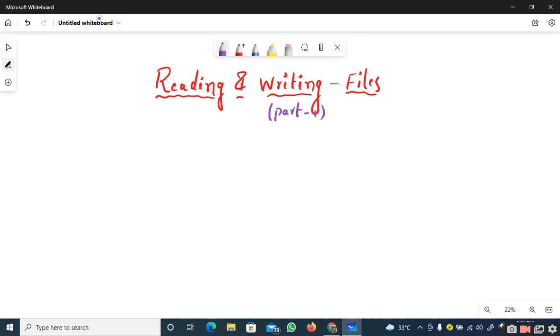In today's session, I am going to discuss the reading and writing of content into files in the C programming language. Let us take it as part 1. Here I will be discussing how to read and write multiple data types.